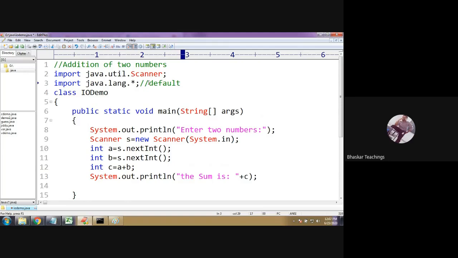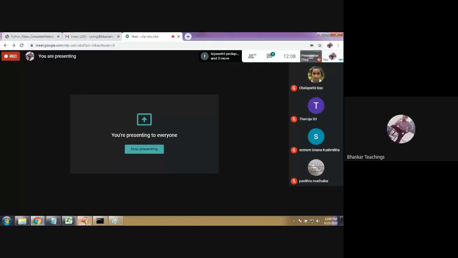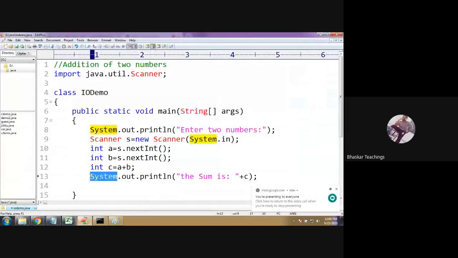Default means even if you import or do not import, the JVM is going to import it automatically, because the lang package is a default package. You need not import it separately. It's optional because it will be imported automatically. That is the answer, Shreya. Got it? Yes, sir. Okay, so now you have learned String and System belong to the lang package, but they need not be imported because they will be imported automatically. But the Scanner class belongs to the util package. The util package is not going to be imported automatically. You need to import it manually by writing it yourself. Okay, fine.